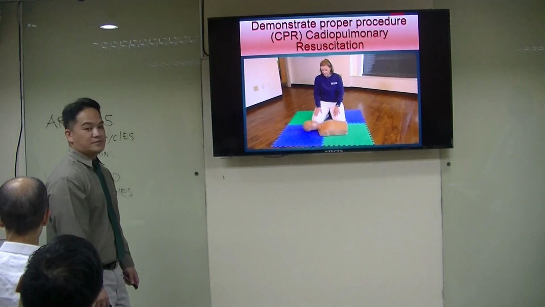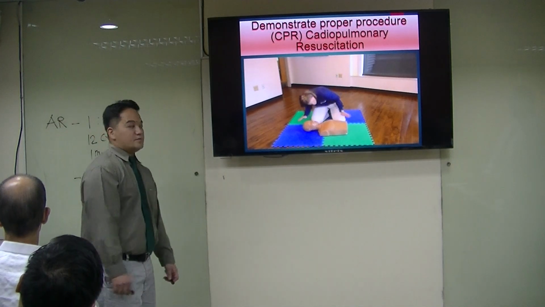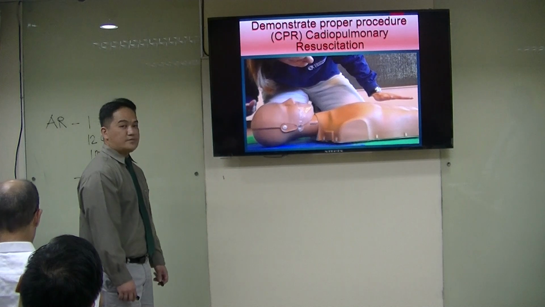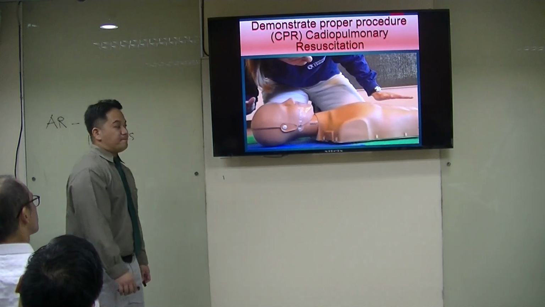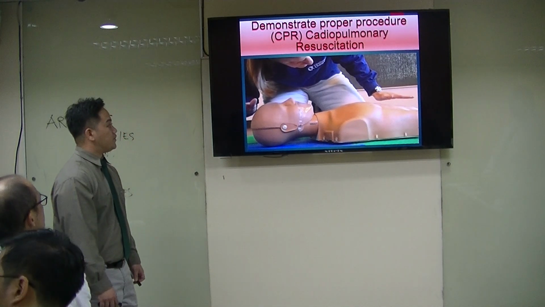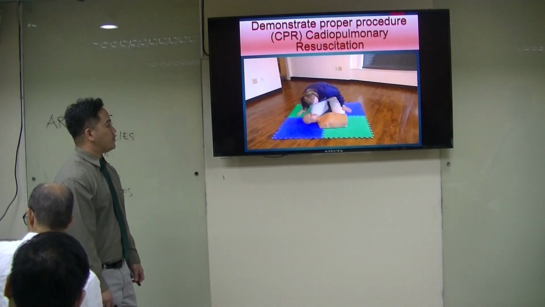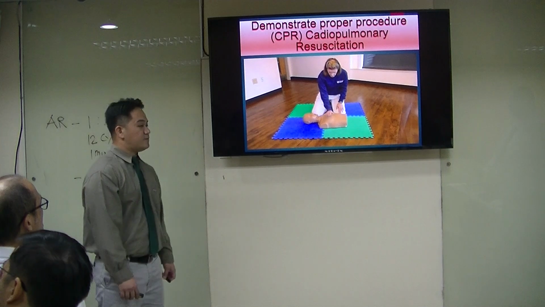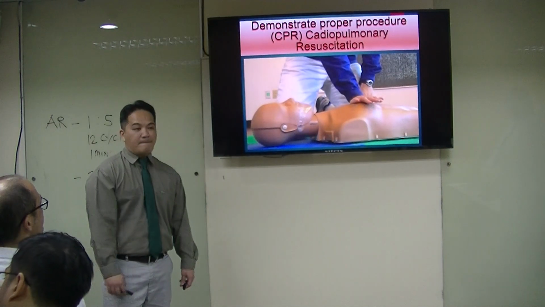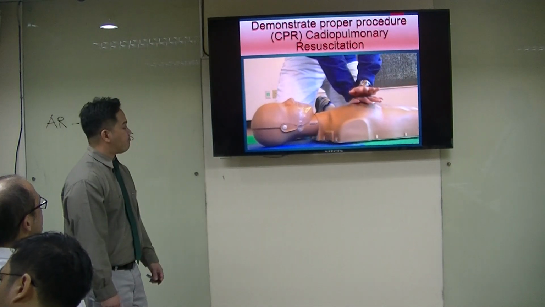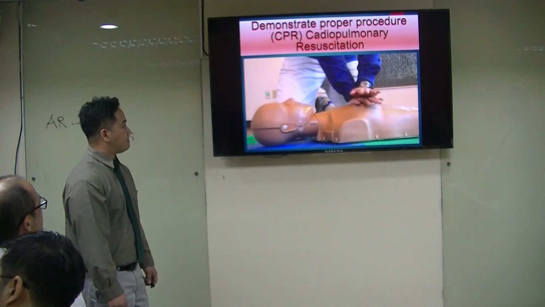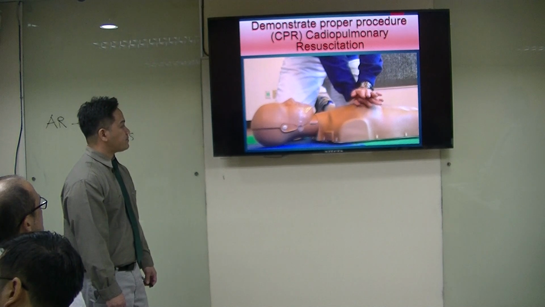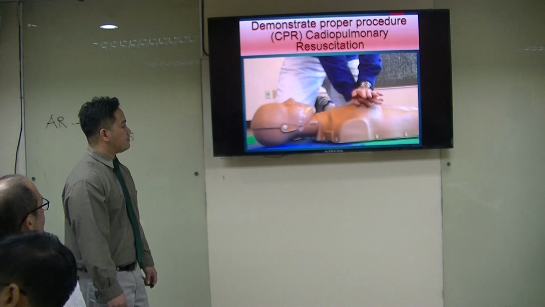Check for breathing and signs of life. Watch their chest for any normal movement. Look for signs of life and breathing for no more than 10 seconds. No breathing or signs of life, begin CPR. Position the heel of one hand on the center of the adult's chest. Place your other hand on top. With your elbows locked and arms straight, lean over the adult's chest and compress the chest 2 inches in depth,